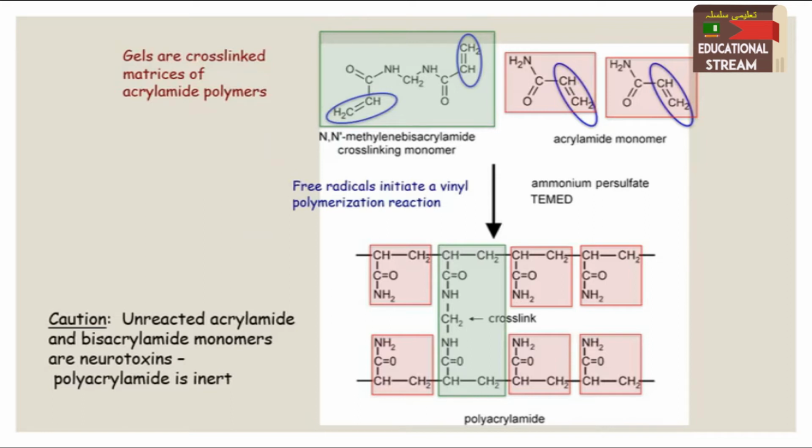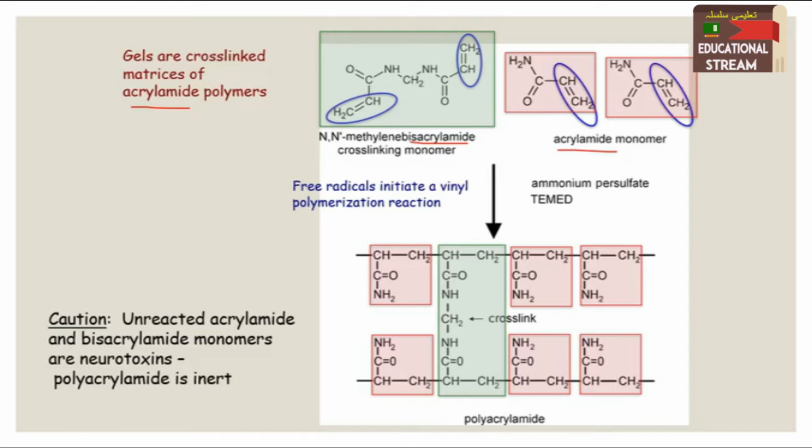Then we talk about the two chemicals that are used for polymerization, and these two chemicals are acrylamide as well as the bisacrylamide. For their polymerization, the bisacrylamide acts as a cross-linker, and these are the acrylamide. So this pink color shows the presence of the acrylamide, and this green color shows the bisacrylamide, which is a monomer of bisacrylamide.